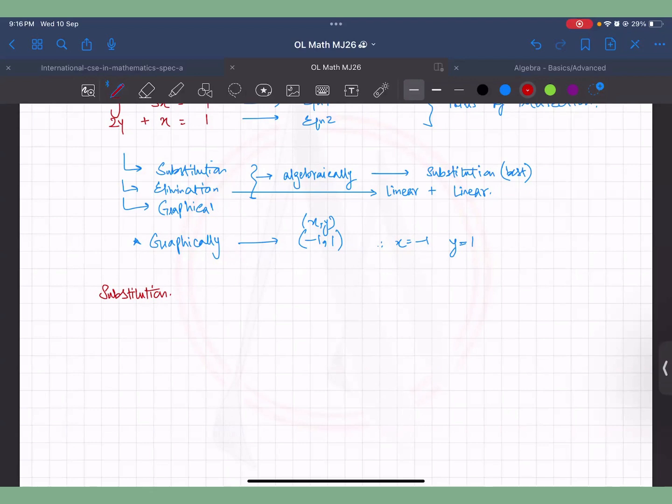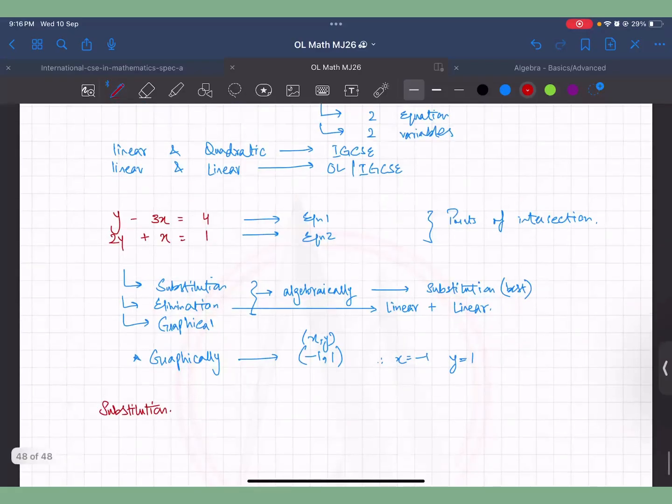But if you will have to draw the graph in the exam, they won't actually give you the graphs every time for every simultaneous equation. I'm just explaining the logic: when you are solving simultaneously, this is what you are getting. The logic behind it is that you are getting the point of intersection between the two graphs. Okay, so I solved it graphically and showed you.